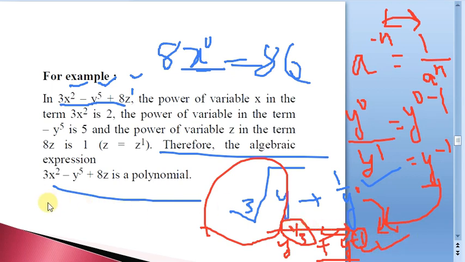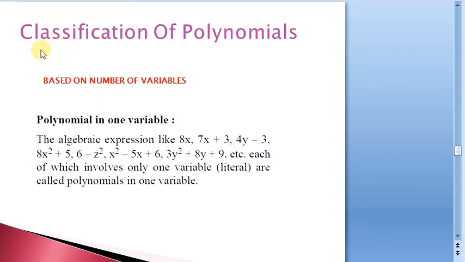So that is how we have done with the definition of a polynomial. Remember, it is an algebraic expression with whole numbers as the exponents. That is the simple thing we have to remember. As we have classified algebraic expressions, can't we classify these polynomials? We can take some parameter and classify. We can't go for random classification. We have to take one thing into consideration, and we can classify depending upon that.